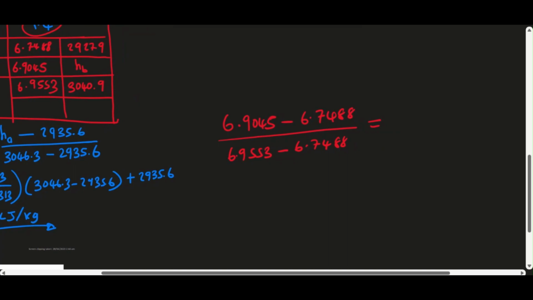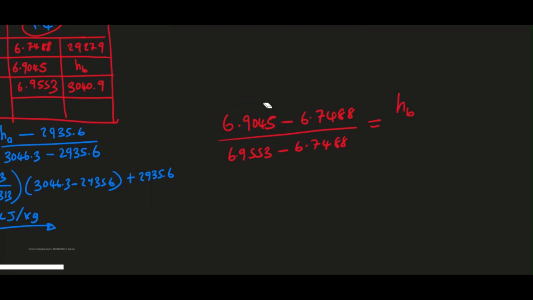All of this must be equivalent to the enthalpy that I'm looking for at the given entropy minus the enthalpy that correlates with the lower limit, 2927.9, divided by 3040.9 minus 2927.9, and you work this out,